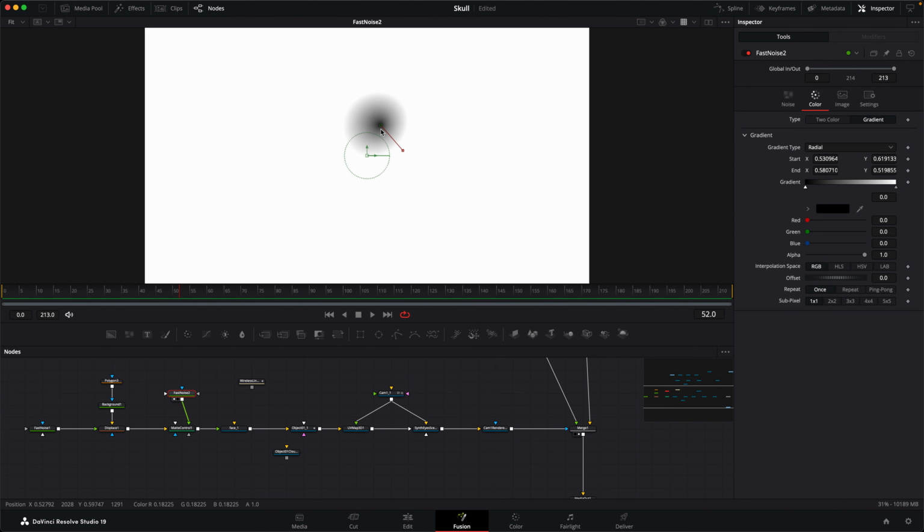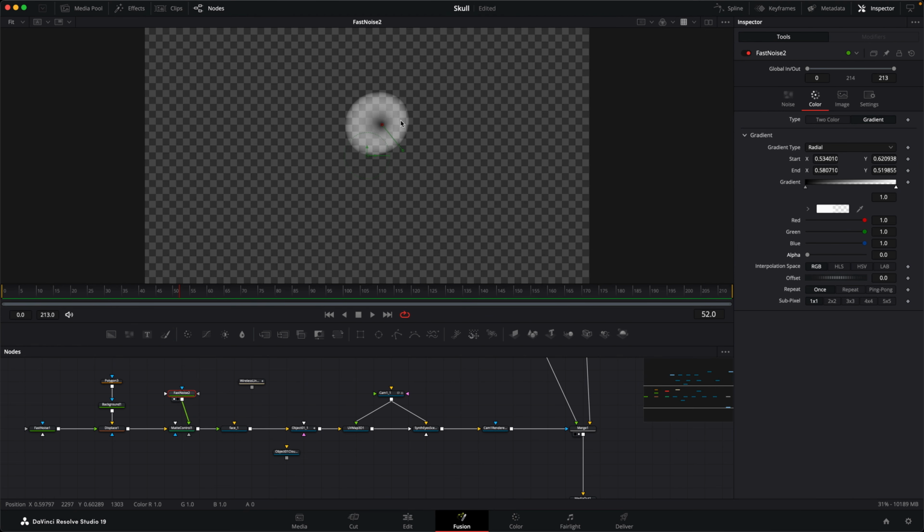First thing is I want to use this black in the center to be the erosion. And I want all of this out here to be transparent. So one way we could do that is on the white triangle here, which is the white part of the gradient. Let's take the alpha down. So now we have just this alpha that we're going to use to